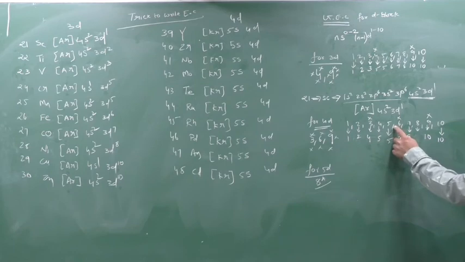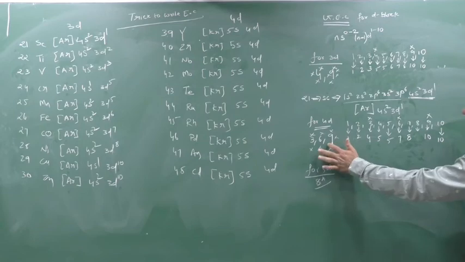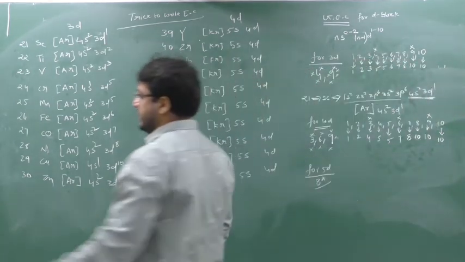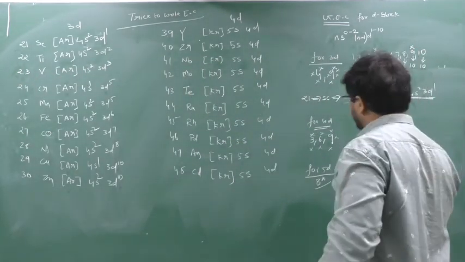See here 6. So I should not take 6. What should I take? 7. So 7. Now 7 has come. After 7, 8. Now after 8 what will come? 9. But I should not take 9 also, no? Here 9 will not come because I should not take 9. So after 9 what will come? 10. I can take 10. See, once more I will repeat this. It will be very clear to you, because this is a bit of a twist trick for 4D.